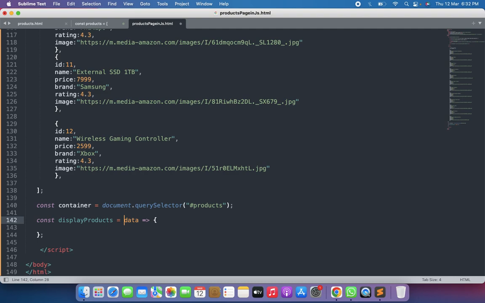This is perfectly fine. This is going to show no error, no issue at all, because here we have only one parameter, so this is perfectly cool. Now first of all I'll check if this data dot length